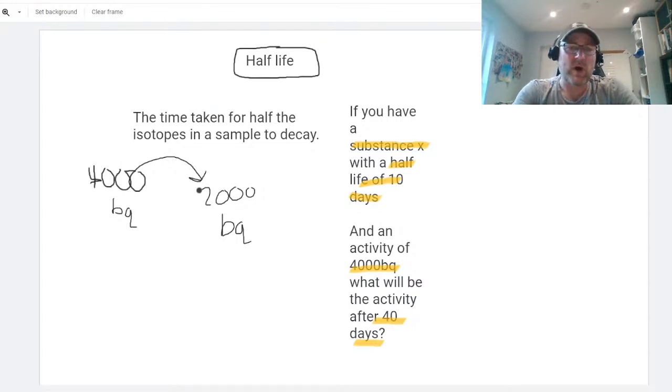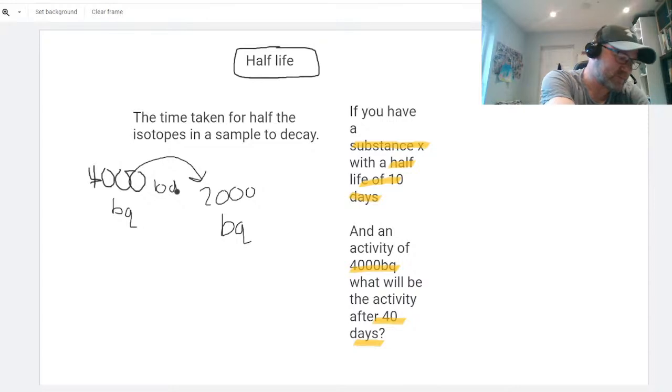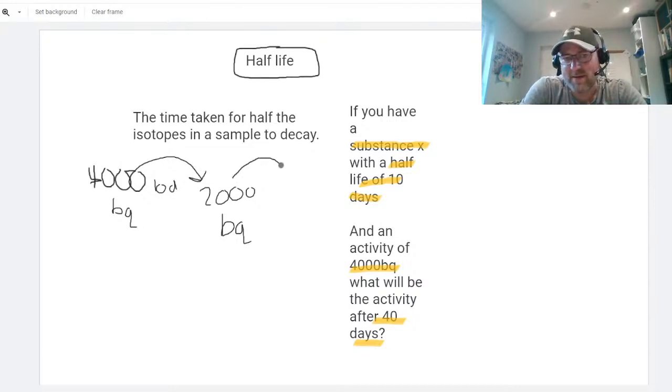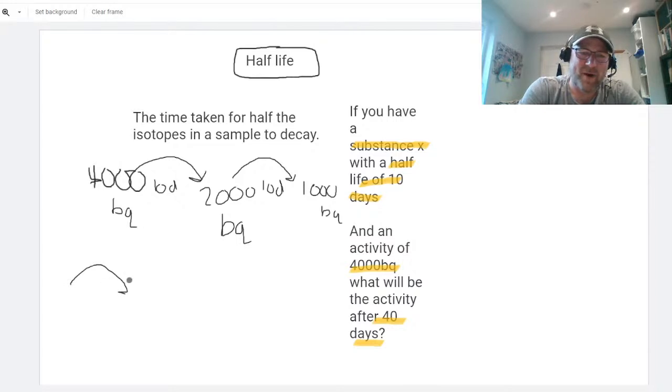But after this amount of time, the radioactivity is decreased. So after 10 days, it's gone down to 2,000. Then after another 10 days, what's it going to be? It's going to be 1,000. So we got 20 more days to go. So you go from 1,000 to 500. And that's another 10 days. Remember, the total is 40 days. And then you just half it again to 250. So the answer,